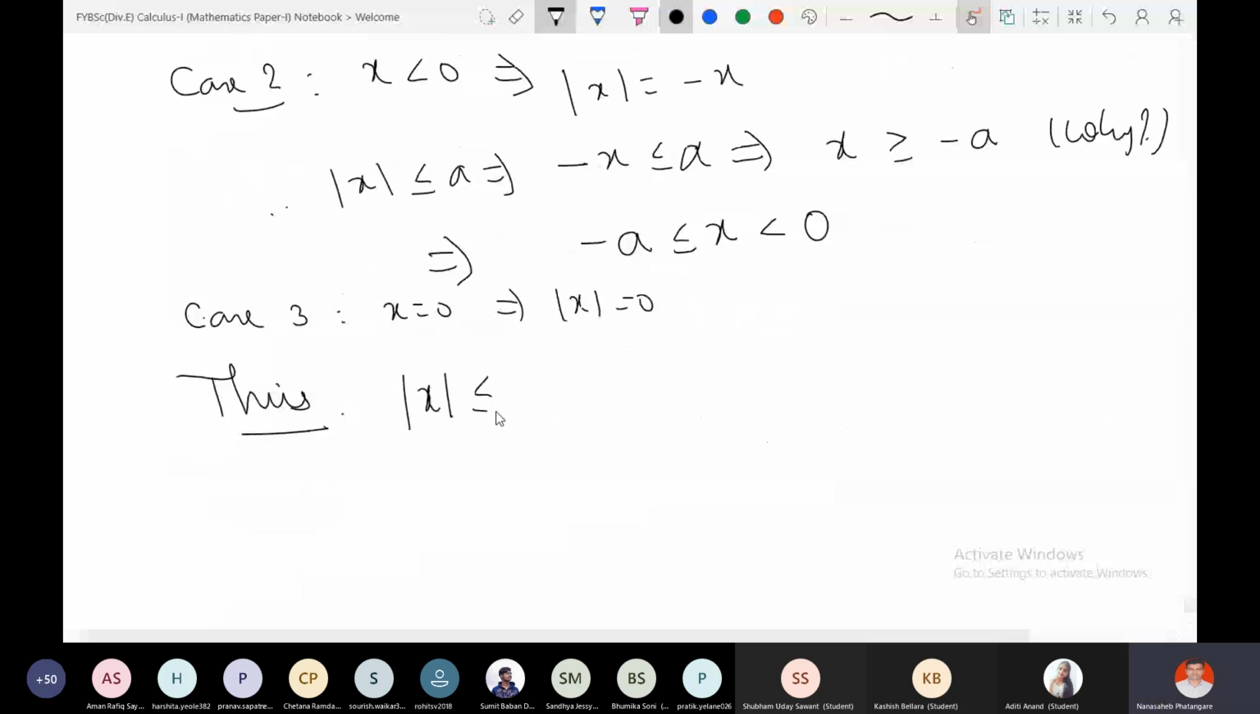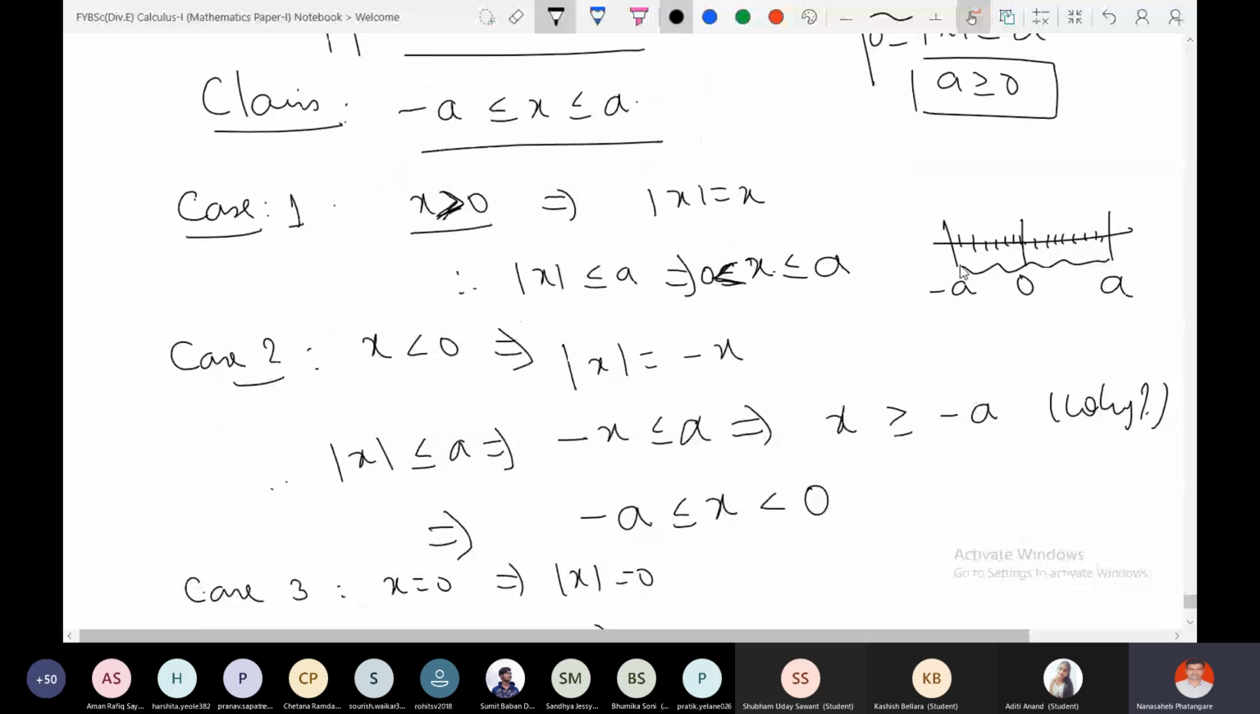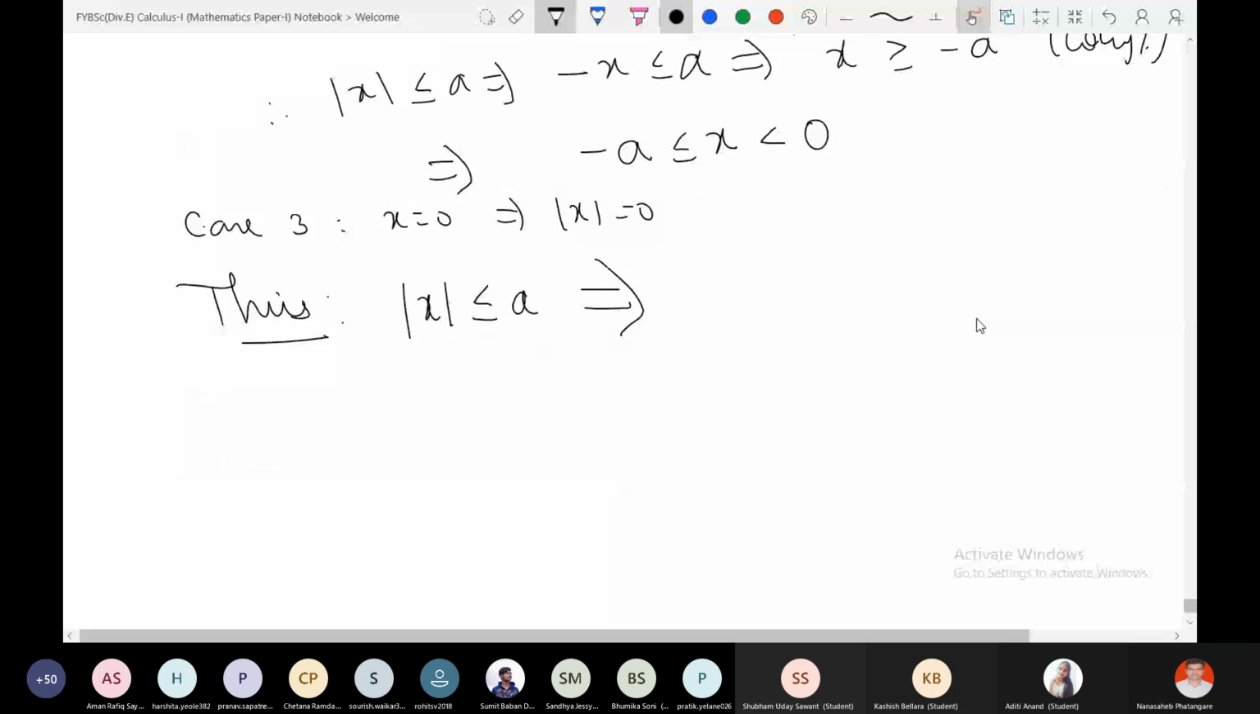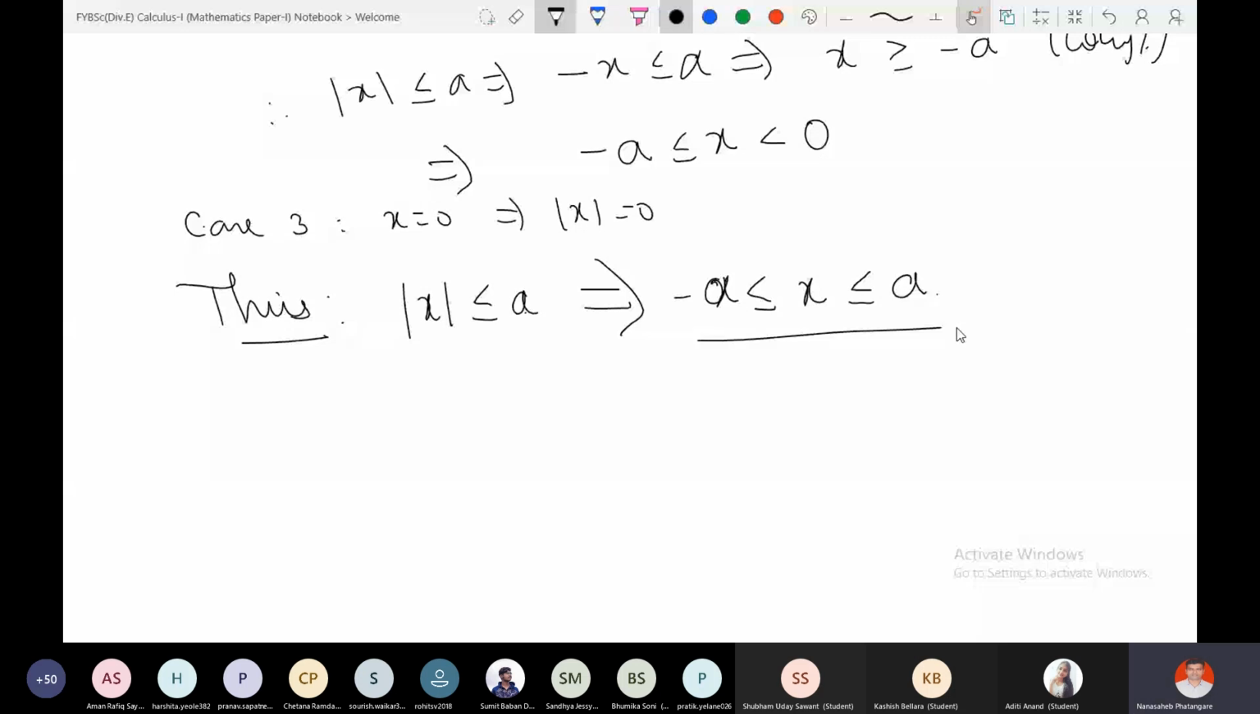Absolute value of x is less than or equal to a implies, no matter whether your x is positive, negative or 0, in any case, if x is positive, then it lies in between 0 and a. If it is negative, it lies in between minus a and 0. And if it is 0, then it is 0. So what is the conclusion? Absolute value of x is less than or equal to a implies minus a less than or equal to x less than or equal to a. Is it clear now? Yes. Now conversely,